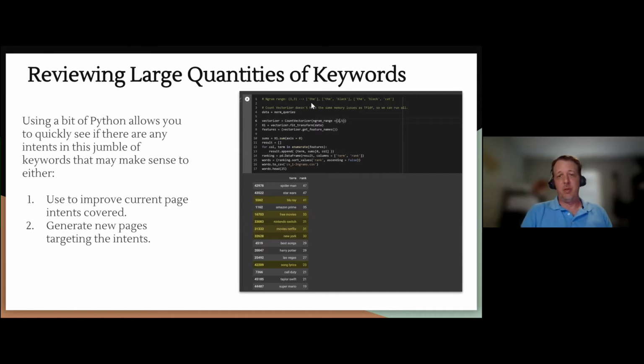It takes a phrase, and if you have the phrase "the black cat," it'll return "the" as a 1 gram, "the black" as a 2 gram, and "the black cat" as a 3 gram, right? Pretty simple. But you can essentially throw in 1,000, 10,000, 80,000 keywords and just ask it to return back to you, in this case,